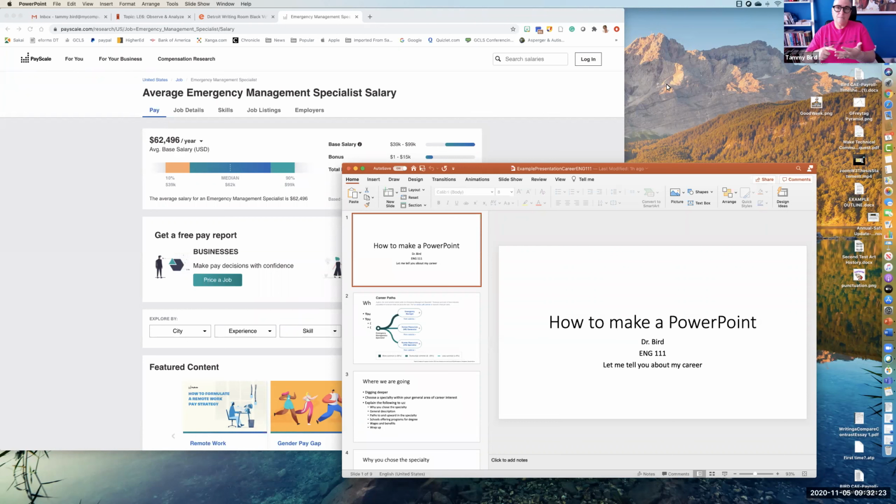The big assignments are the annotated bibliography, which you are turning in this week, and that is where you looked generally at your information that you have for a career. So you didn't have to necessarily do the career you're going into, although it would make sense if you are thinking about a particular career path that you use that for the research for this assignment or these following assignments,